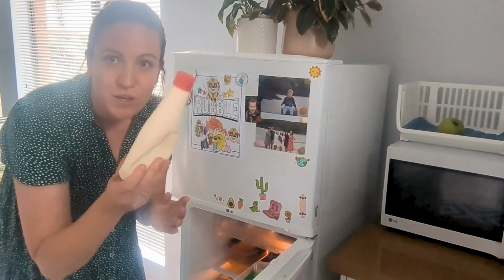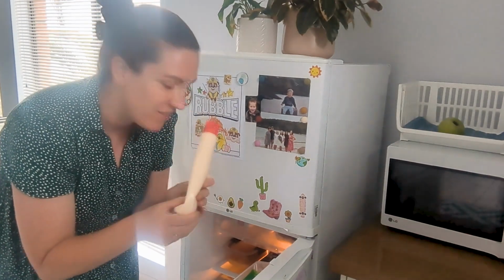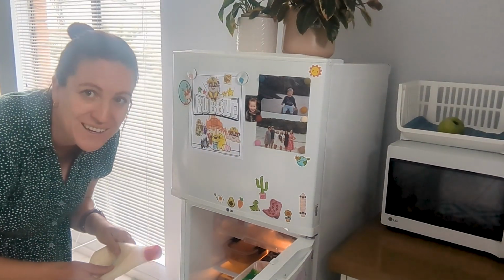Actually, not much at all of use in this freezer. Kewpie mayo, plenty of that. I just don't have that much. I've got,